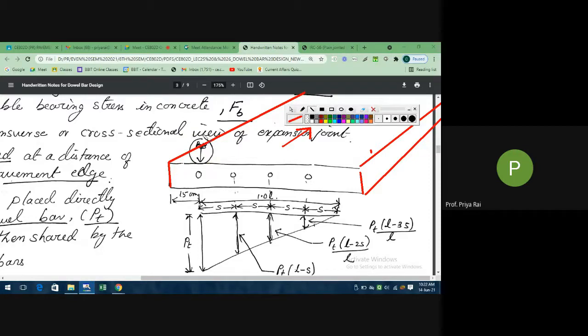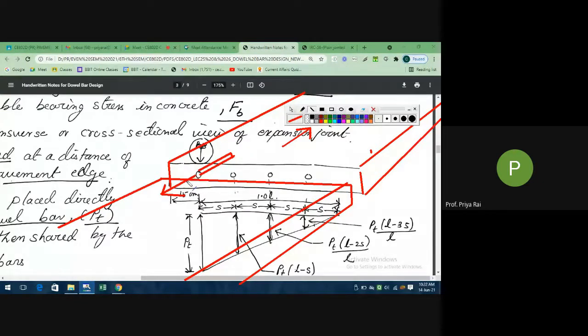Suppose this is that position. Now this is your first dowel bar from the edge. If we draw like this, inside it will be like this. Half of the length is in this slab and half will be in the next slab, because one more slab will be here, like this. Half of the dowel length is inside this slab and half will be inside the other slab. This thing I am not considering, I am only considering this one.